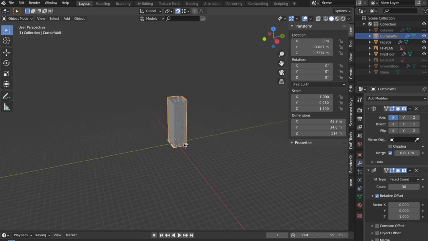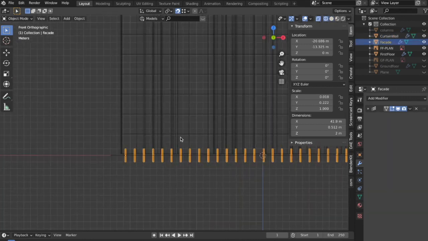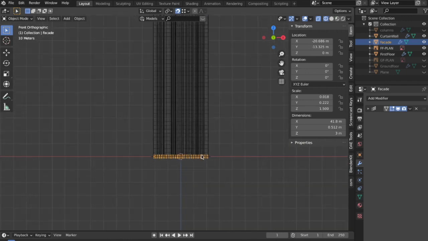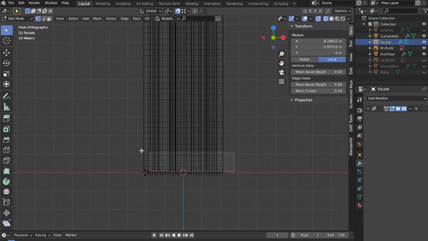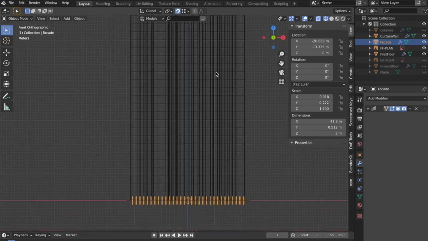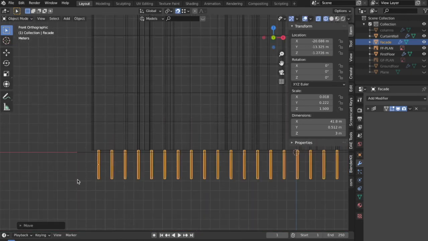So now when I go into the solid view, you can see what I'm trying to say over here. Now the same thing, when I select this facade, I'll give it a height of 3 meters, and again you don't have to do this array thing. You could simply go into the edit mode, select this one thing, press G and then Z, and do it till this, and it would have made the process a lot easier, but that is not what we are going to do over here, and I'll tell you the reason for that.